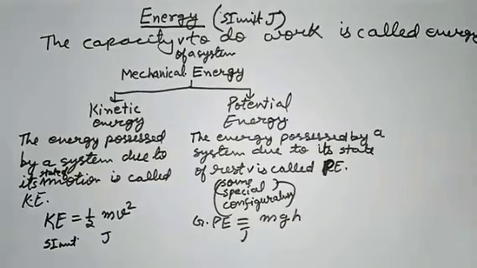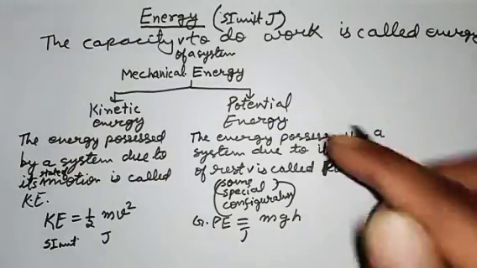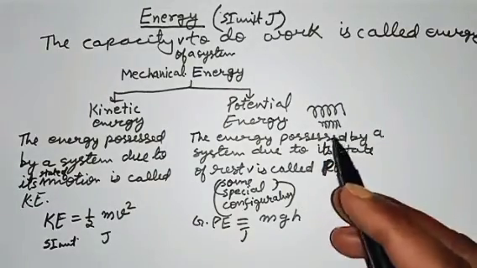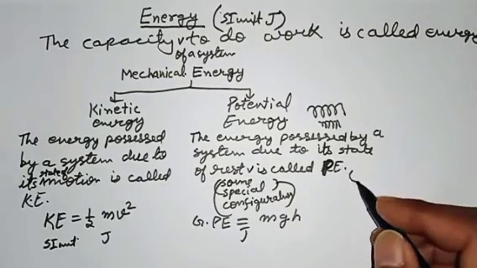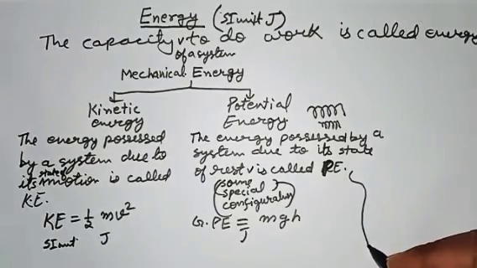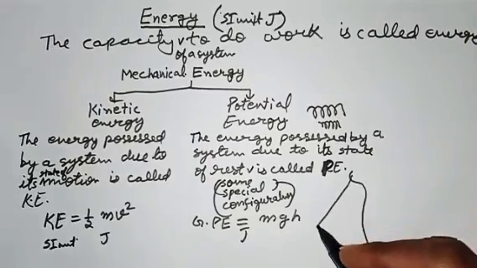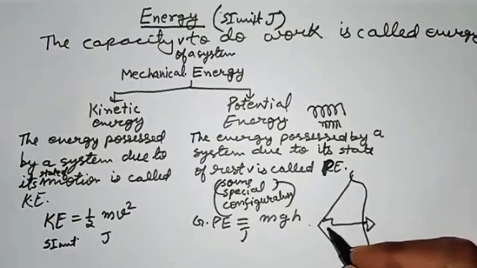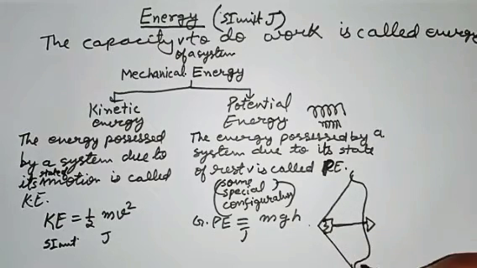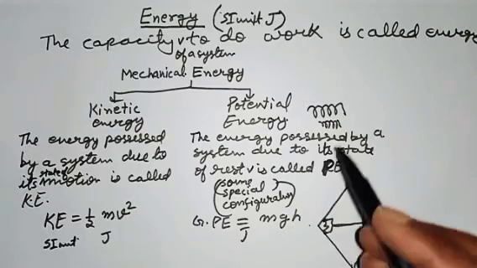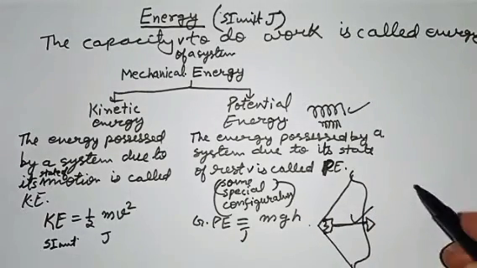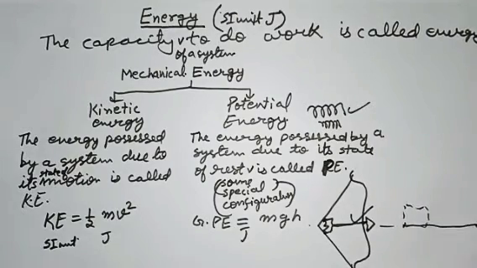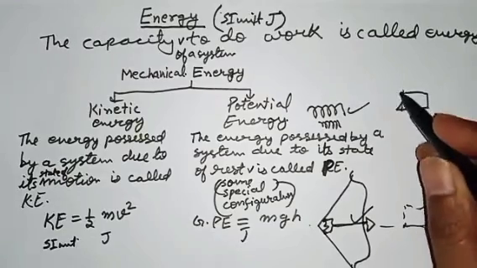There can be several kinds of potential energies, like in a spring, if we compress that spring, it gains some energy, and that is potential energy because of its configuration. And if we take the case of bow and arrow, then when the string of the arrow is stretched, at that time this system gains so much potential energy. But right now I'm neither talking about this nor this. I'm talking about a simple case when an object is lifted from ground to some height.